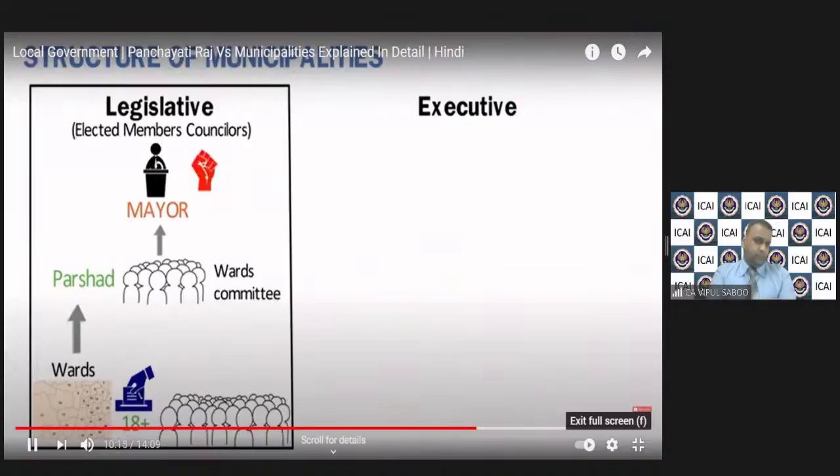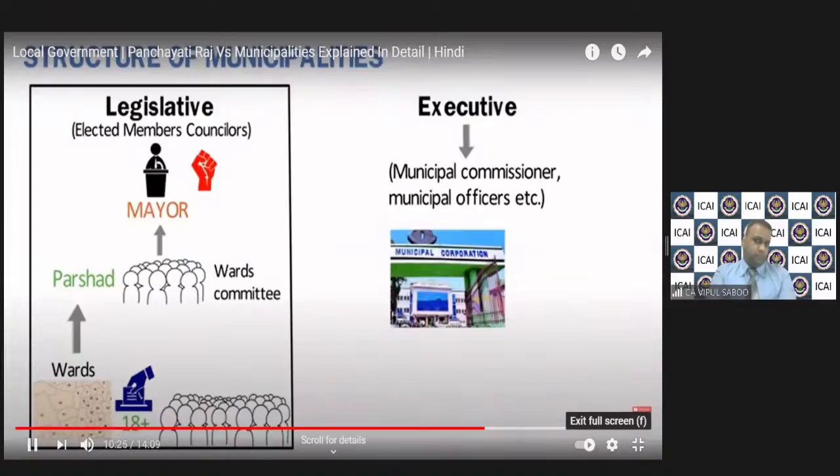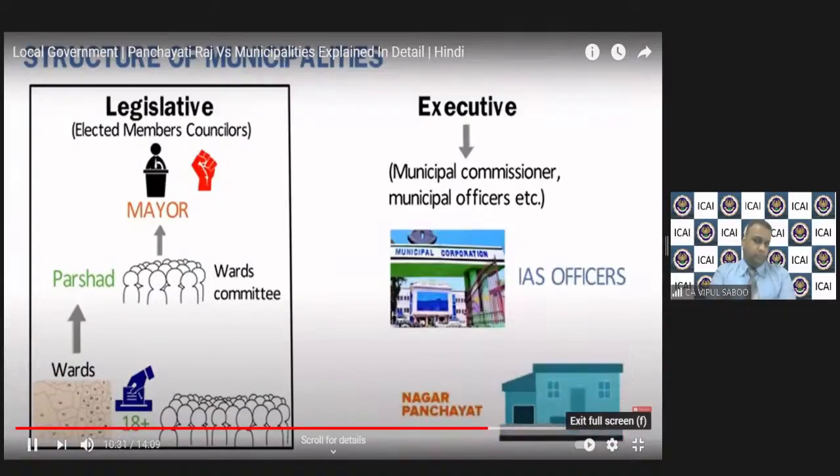अब म्युनिसिपैलिटी के मेंबर्स यानी काउंसिलर मिलके अपना एक हेड इलेक्ट करते हैं जिसे कहते हैं मेयर। मेयर सिटी के फर्स्ट सिटीजन भी कहलाते हैं। जनरली मेयर एक ऑनररी पोस्ट होती है, लेकिन कुछ स्टेट्स में उन्हें एग्जीक्यूटिव पावर्स भी दी गई हैं। दूसरा पार्ट आता है एग्जीक्यूटिव, जिसमें आते हैं म्युनिसिपल कमिश्नर और अदर एडमिनिस्ट्रेटिव स्टाफ जैसे म्युनिसिपल ऑफिसर्स। म्युनिसिपल कमिश्नर म्युनिसिपल कॉर्पोरेशन में जनरली एक बड़े आईएएस ऑफिसर होते हैं। बाकी म्युनिसिपल काउंसिल और नगर पंचायत में ये जूनियर एडमिनिस्ट्रेटिव ऑफिसर भी हो सकते हैं।